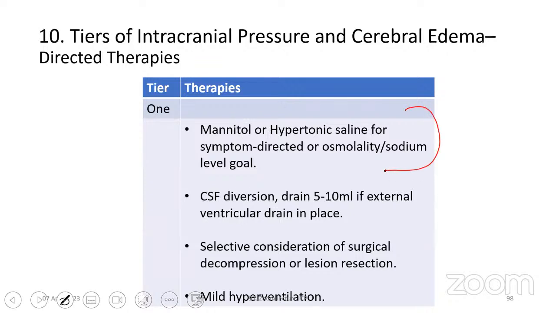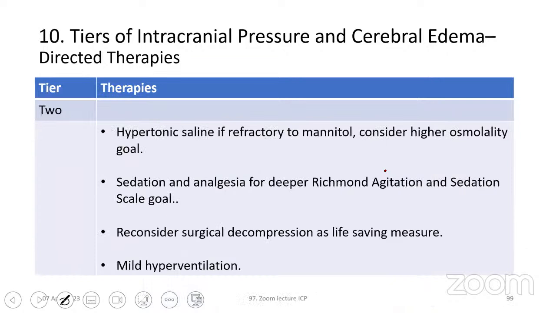And CSF diversion with an external ventricular drain, 5 to 10 ml drained, with the drain in place. Selective consideration of surgical decompression or lesion resection, mild hyperventilation. In tier 2: hypertonic saline, if refractory to mannitol, consider a higher osmolarity goal. You can increase to 3%, 7%, 23.4%. Sedation and analgesia for deeper RASS scale. Reconsider surgical decompression as a life-saving measure, mild hyperventilation. The life-saving measure,